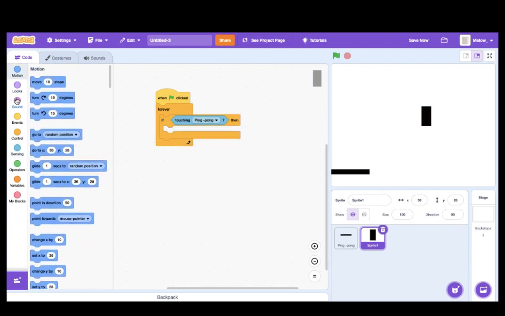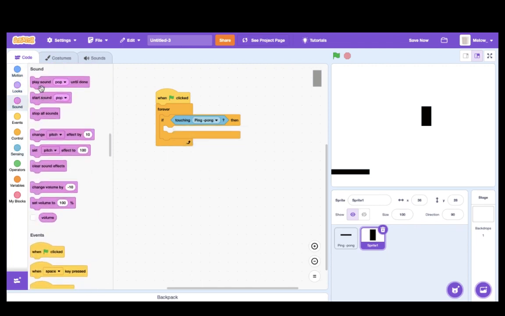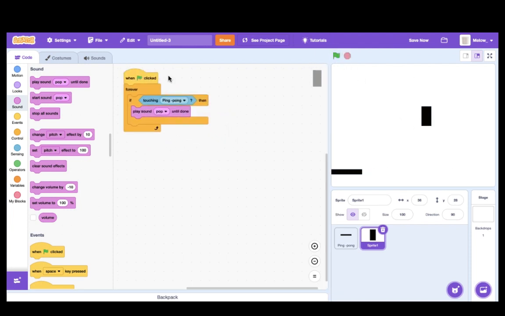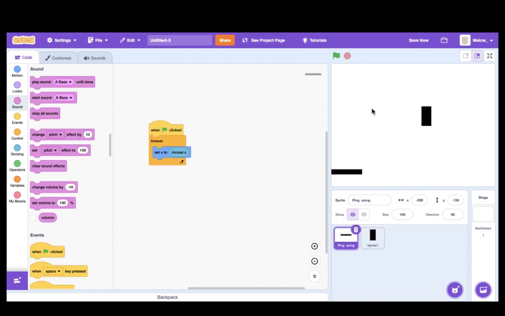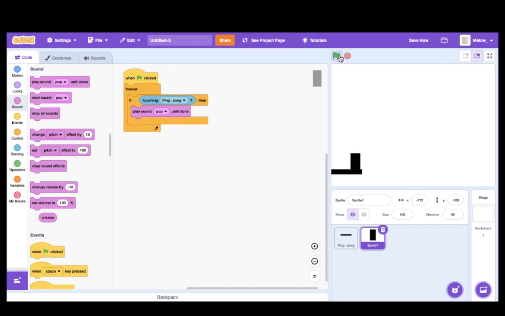Anytime I do these, it's just for demonstration. Now, if this touches the ping pong, I want that anytime this falls and touches the ping pong,